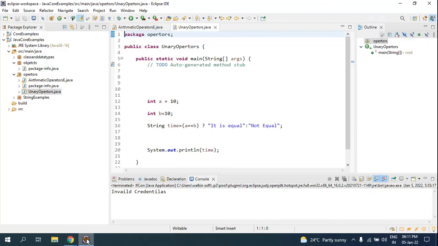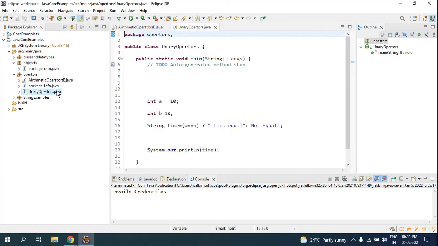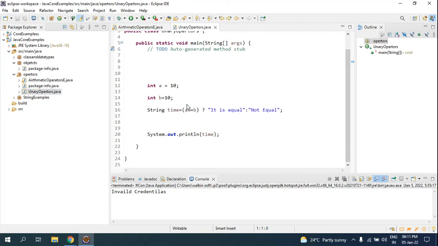Okay, yesterday we discussed arithmetic operators, where we use arithmetic operations like addition, subtraction, multiplication, division and modulo, and unary operators, which have only one variable where you can perform the operation, like increment and decrement. And I told you that in logical operators we have three: not, AND gate and OR gate. So we will start with math methods and boolean.